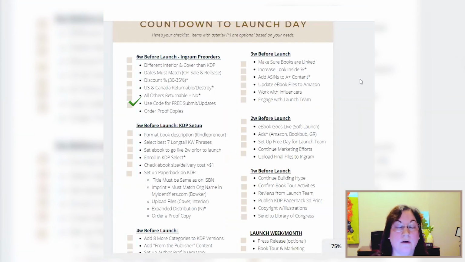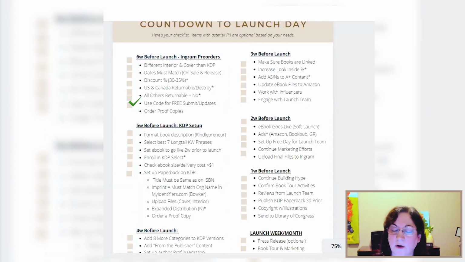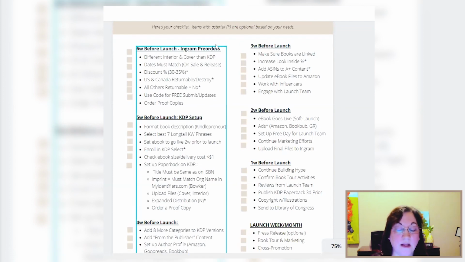If you're a member of ALLi, the Alliance of Independent Authors, then I believe that as a member, you have a code you can use that it's always free for you. So that was something that I heard from a different author, so I'll have to verify that. But these are some of the things that you can do to help keep the prices down with submitting to Ingram.